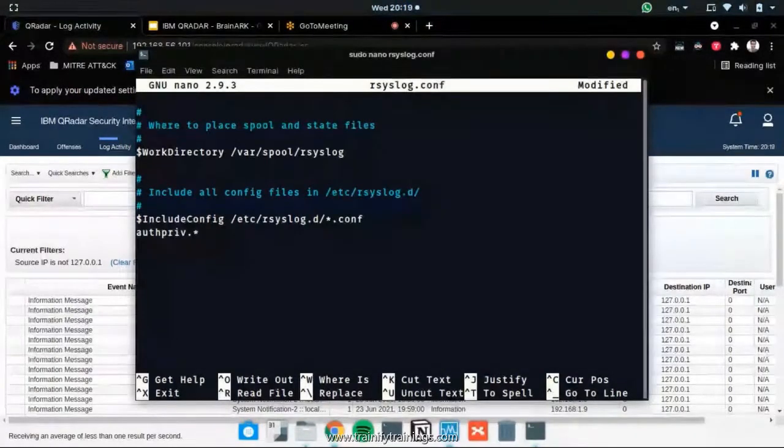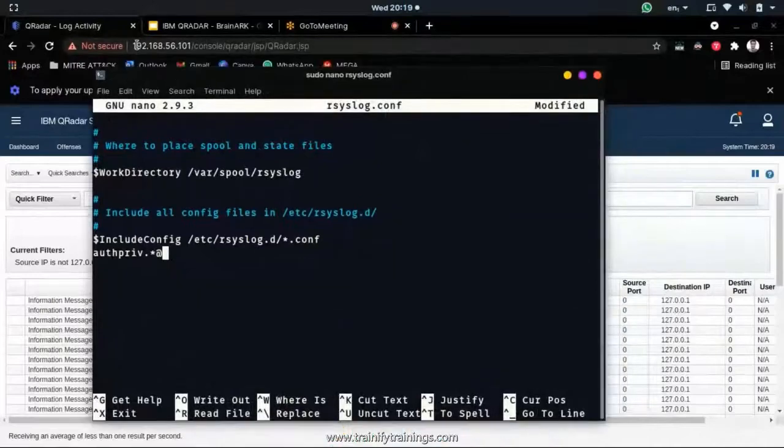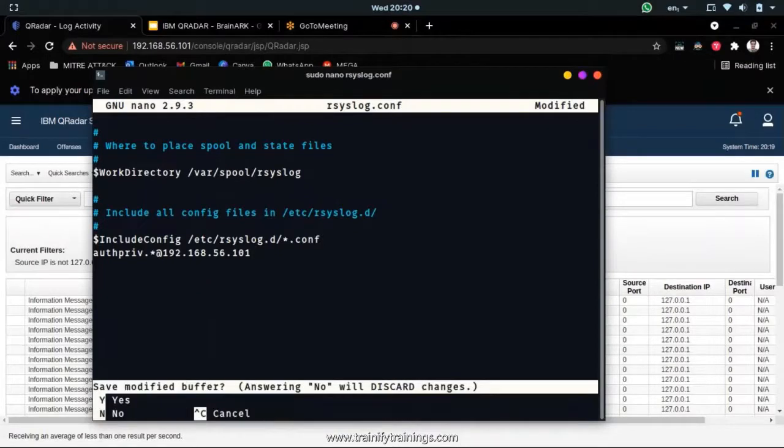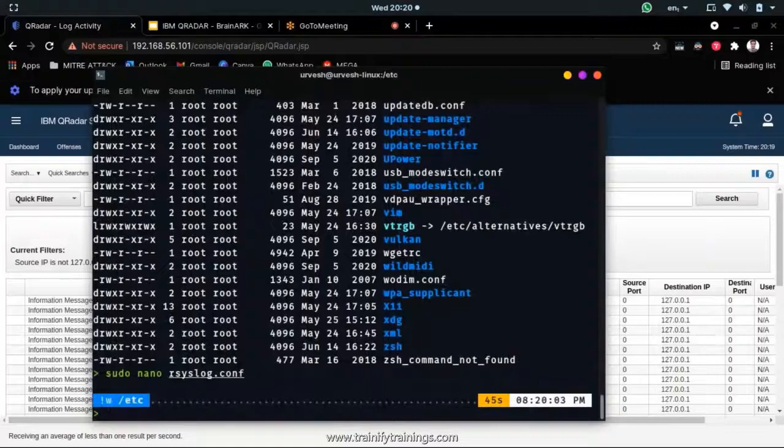Here .* means all the authentication logs, and I have to mention the destination, that is QRadar. So the QRadar IP, as you can see on the screen in my browser over here, is 192.168.56.101, and save this file, and just have to restart the rsyslog server. So sudo service rsyslog restart,